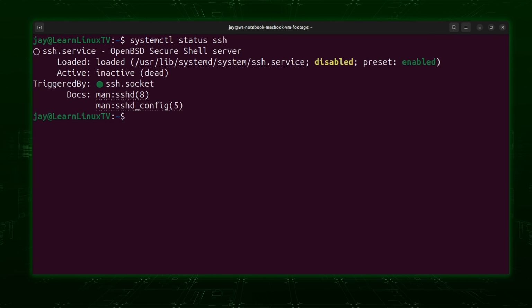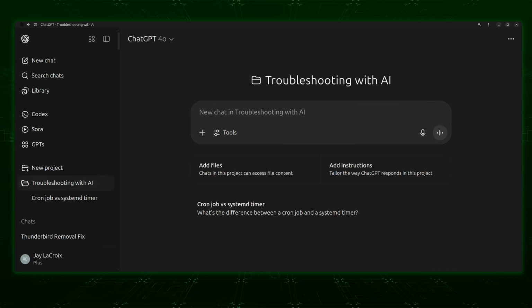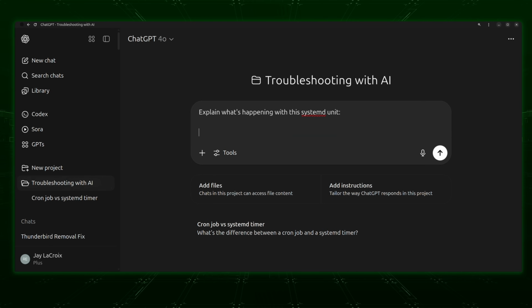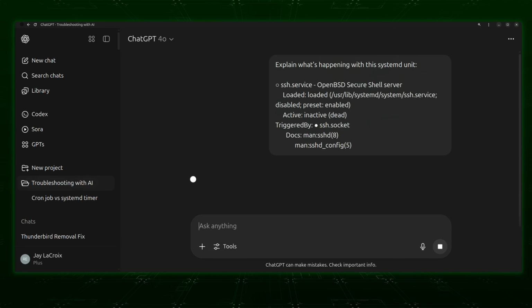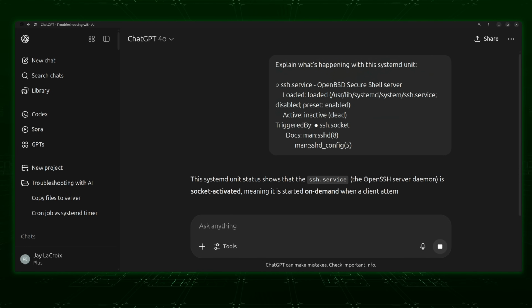Of course, working with systemd units is something that most Linux administrators learn during their first year on the job, but if you haven't seen output like this before, you can actually copy the output that you receive from a command like this, and then have AI explain what exactly is going on. In addition, anytime you see an error message and you're not sure why you're seeing that message, AI is a good starting point. It can offer you clues as to what you're encountering and give you a list of things to check for.